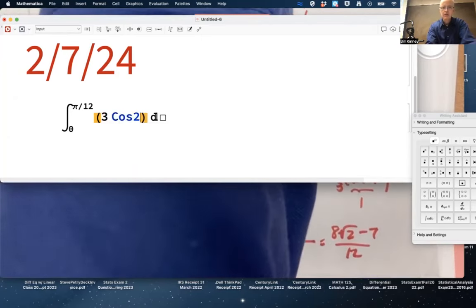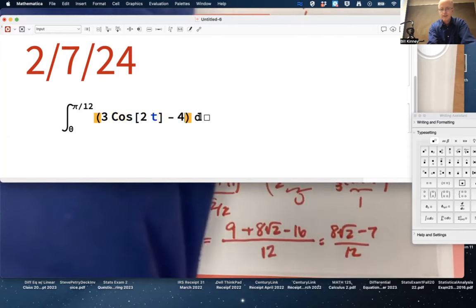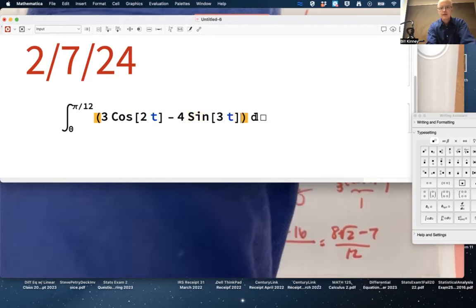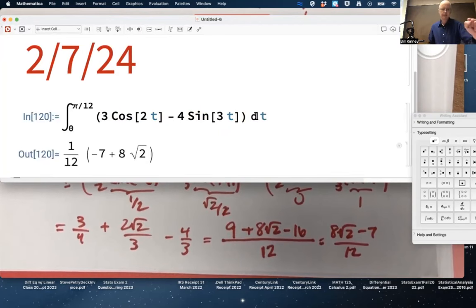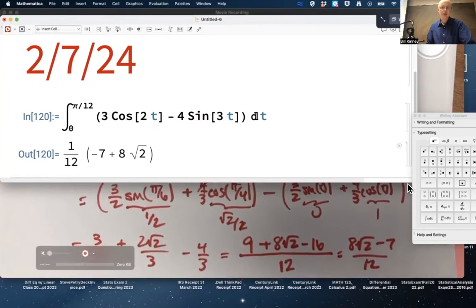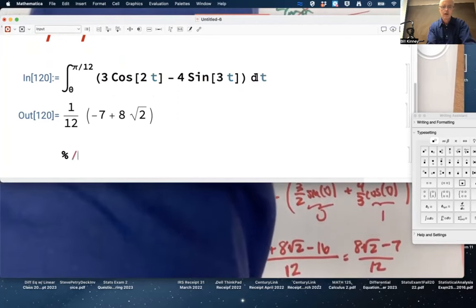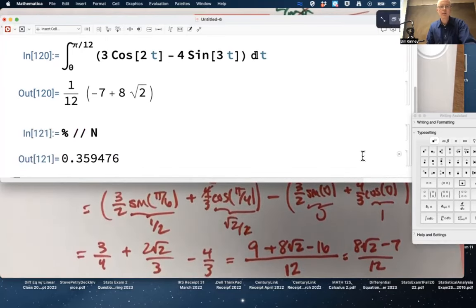3 cos 2t minus 4 sine 3t. Notice the capital C and capital S. Notice the square brackets. dt, I made a t there at the end. Yep, that is the same thing. And that turns out to be a fairly small number. Percent sign refers to preceding output. /n does a numerical approximation. About 0.36